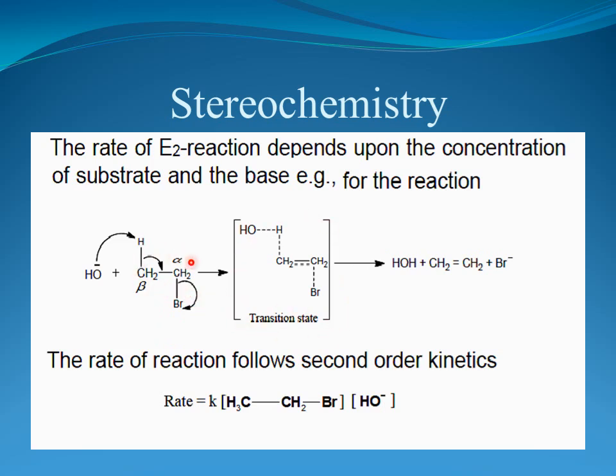Now this carbon atom is undergoing a change in covalency as well as the nucleophile. Therefore, you are getting an elimination product, an alkene, water. OH and H is going to give you water. This Br will be eliminated. So the rate of this reaction can be written as rate is equal to the concentration of